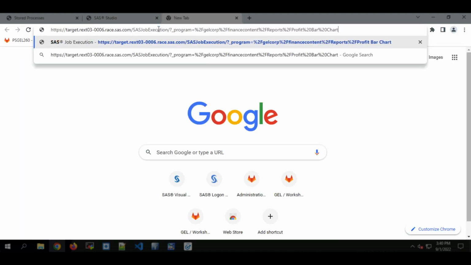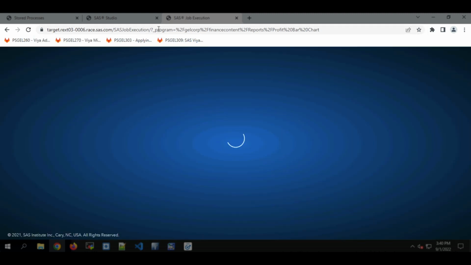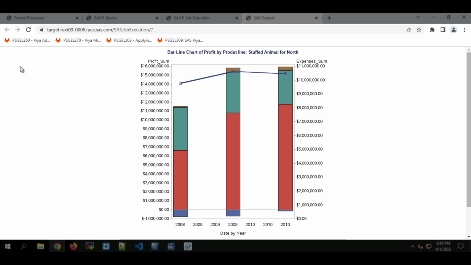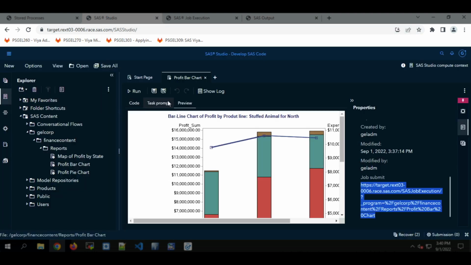and we should see the same prompts. We see the region prompt getting populated. That is a task prompt that comes from data. I'll show you where that comes from in just a second. It takes a bit longer to populate because it's dynamically populating the prompt from data behind the scenes. Make our selections in the UI on the web, and we can run our report and we get the results. Get our bar chart again. So now we have our stored processes running as a job in SAS Viya.